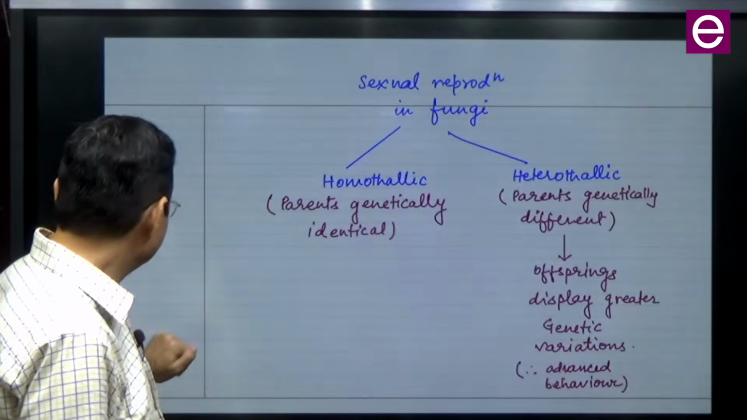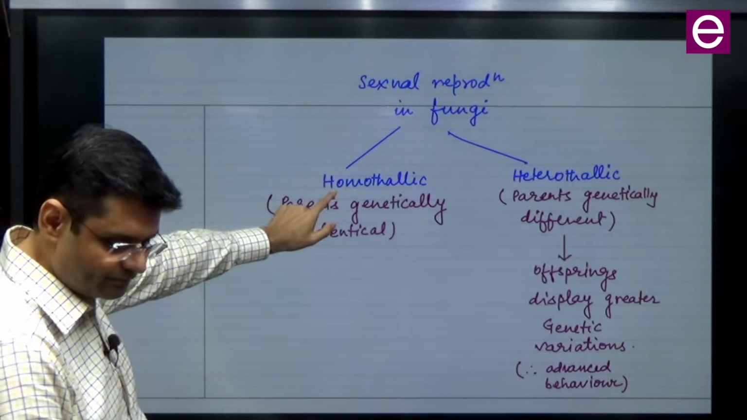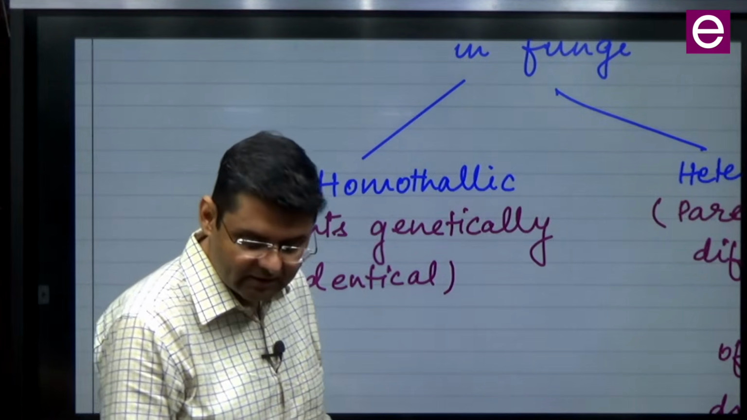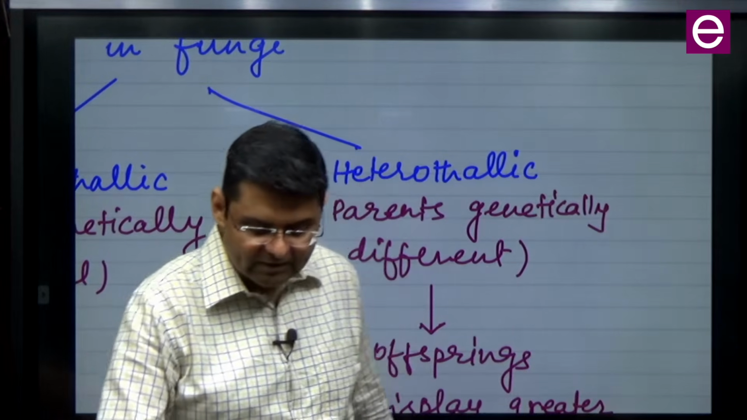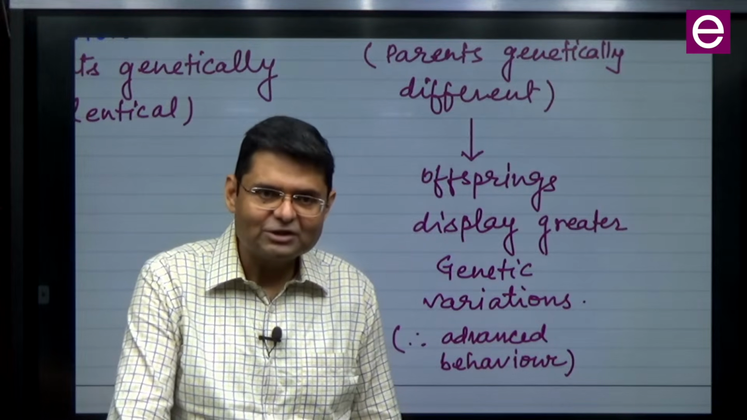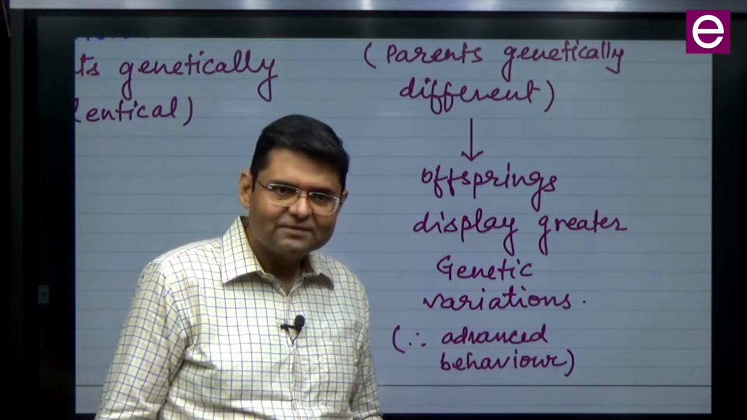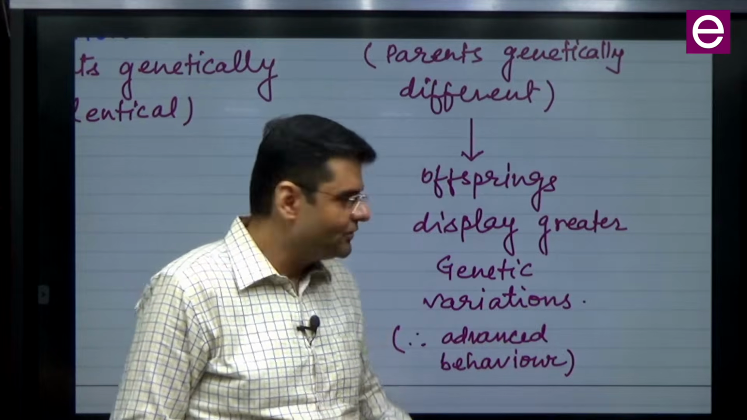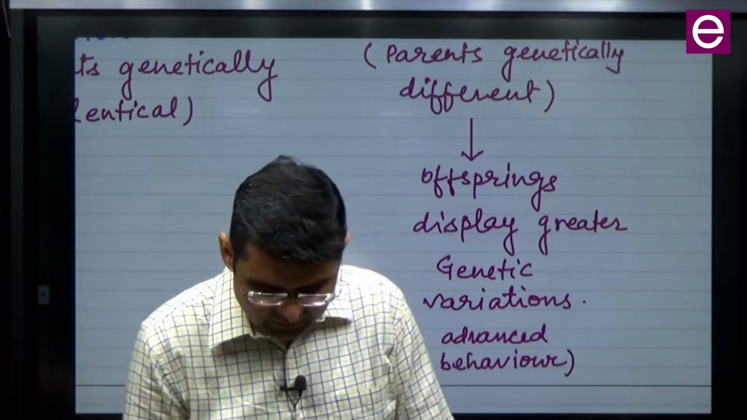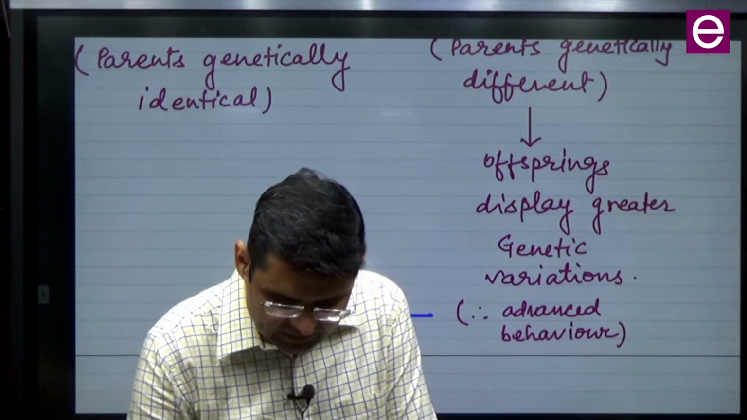Now it will show. Right. So sexual reproduction in fungi can be homothallic. In this case, what will happen? Parents are genetically identical. Can be heterothallic. Parents are genetically different. And that way, what? Offsprings display greater genetic variations. In that way, it is advanced behavior. Do we not already know this? We just learned it, right? So this is an advanced behavior. And why advanced behavior? Because it increases, I will add here and I will share this with you, because it increases